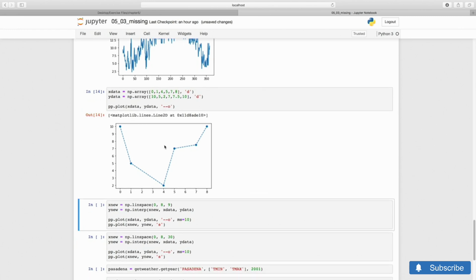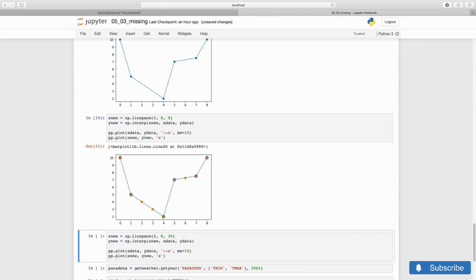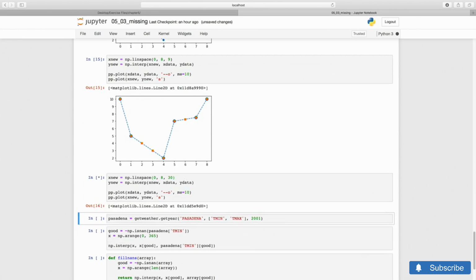I use NumPy linspace, so if I set boundaries at 0 and 8, it's 9 elements total. The function NumPy interp takes as arguments the desired location, my x new, followed by the data we have, x and y. It returns values that are interpolated linearly by fitting segments between existing data points. Here I'm plotting the interpolated points as orange squares. This seems to make sense and to be rather conservative. The new x sequence, if you needed to, could well be denser, 30 points between 0 and 8.